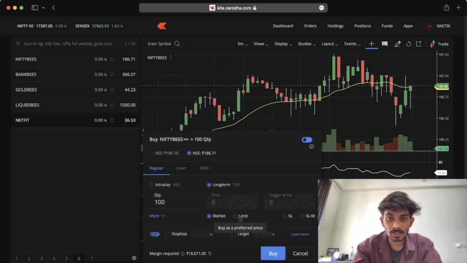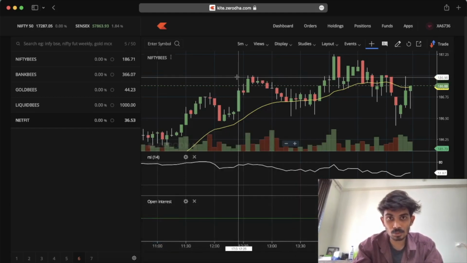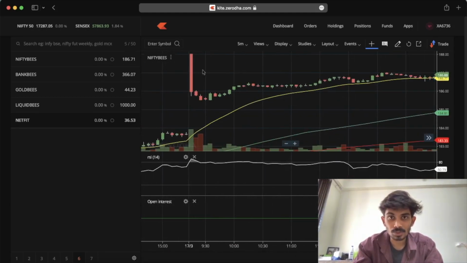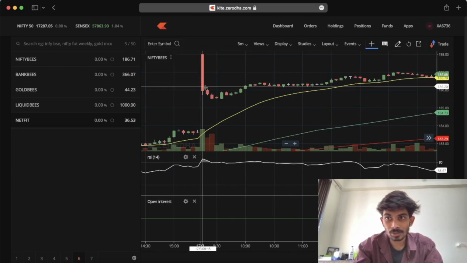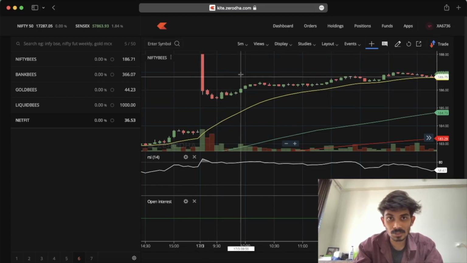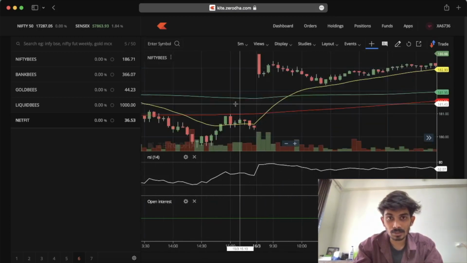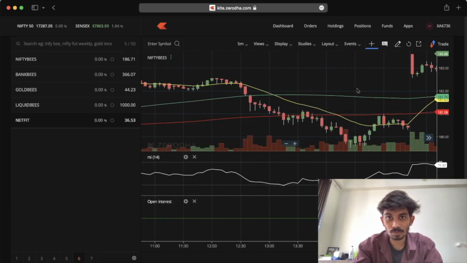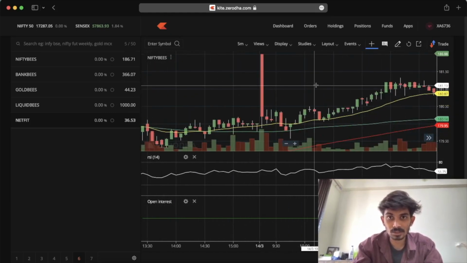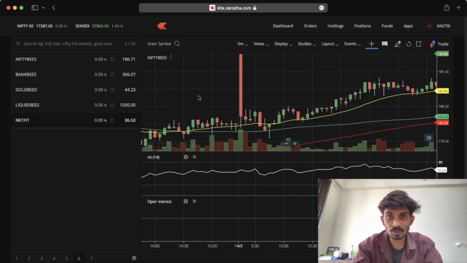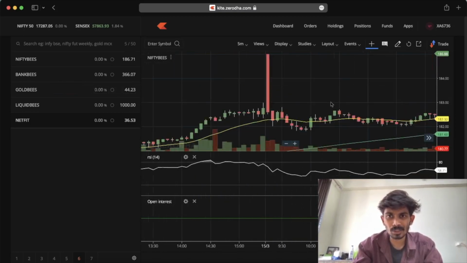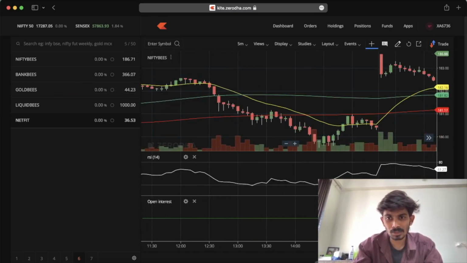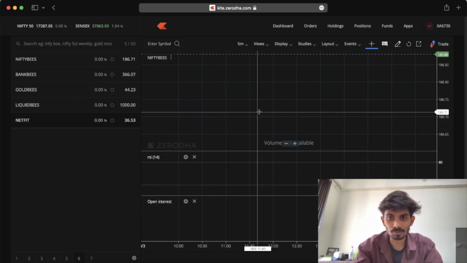But I suggest you always buy at the limit price, and the initial half an hour is not liquid, as I'll show. See here, initially there is a red candle from 188, and it again opened around 185. So there is a 3 rupee gap due to illiquidity. Every initial 5 minutes you need to avoid. Better if you can avoid till 9:30, and then if you want to buy, you can buy after 9:30.